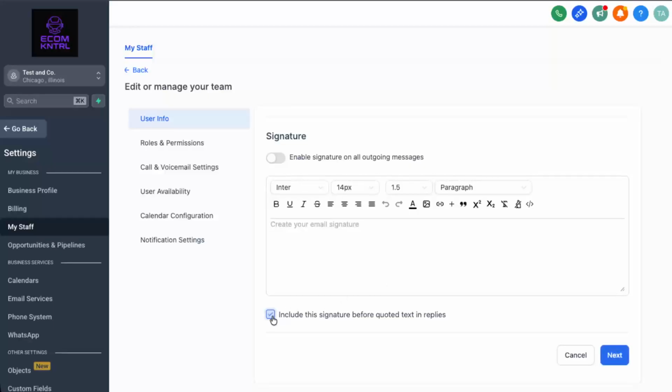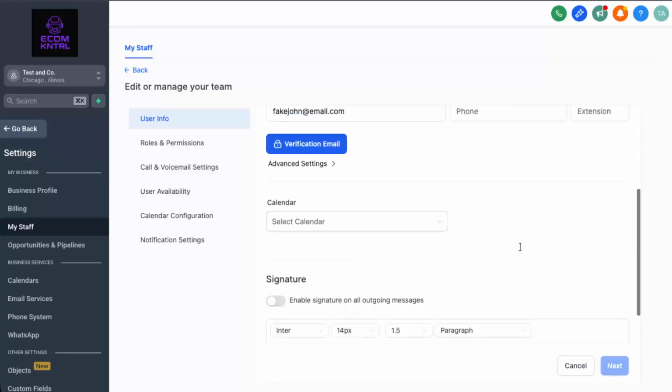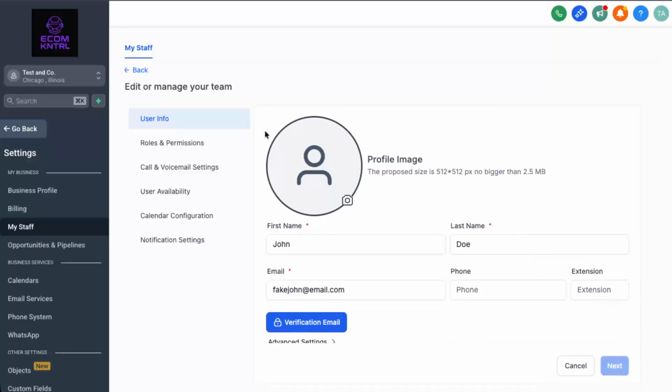Open your sub-account launchpad, go into Settings, add them as a user under My Staff, set their role and permissions, save, and then send their verification email and optionally configure